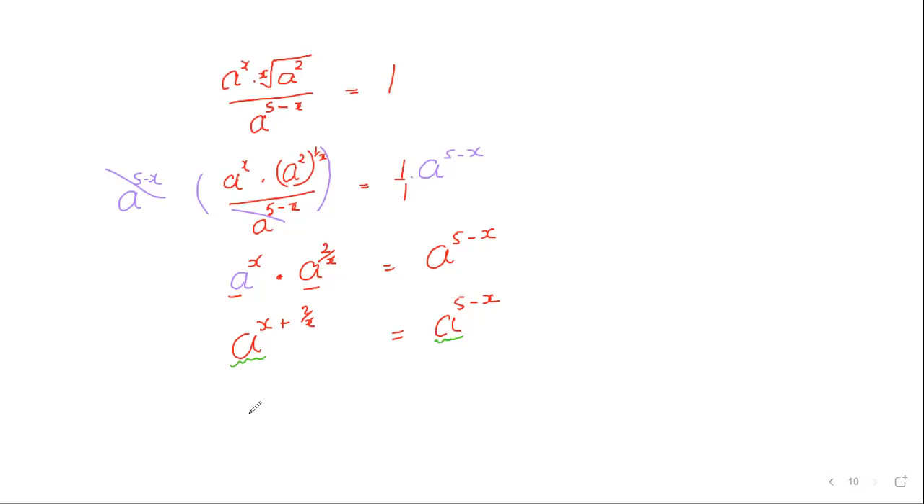Therefore, x plus 2 over x is equal to 5 minus x. Now, if I transpose that, I'll have